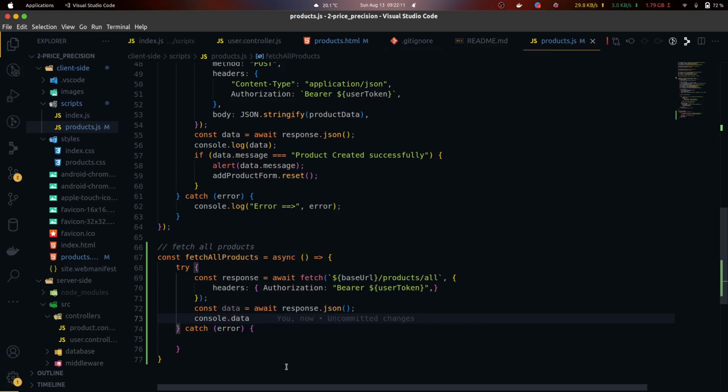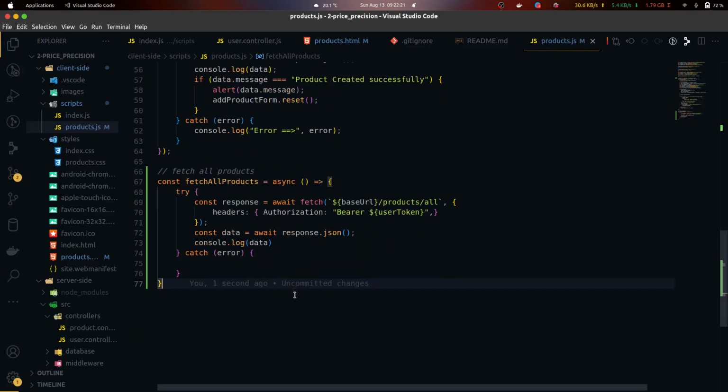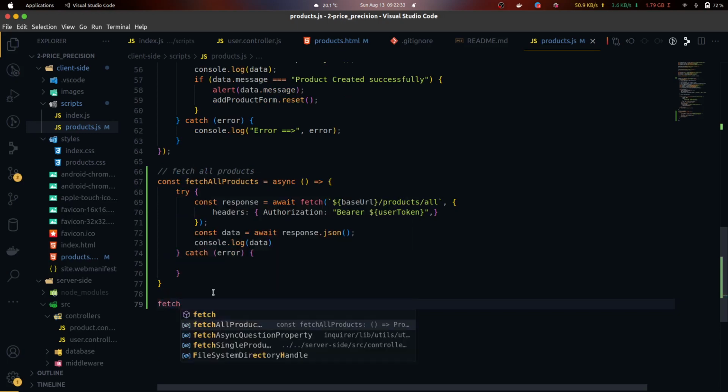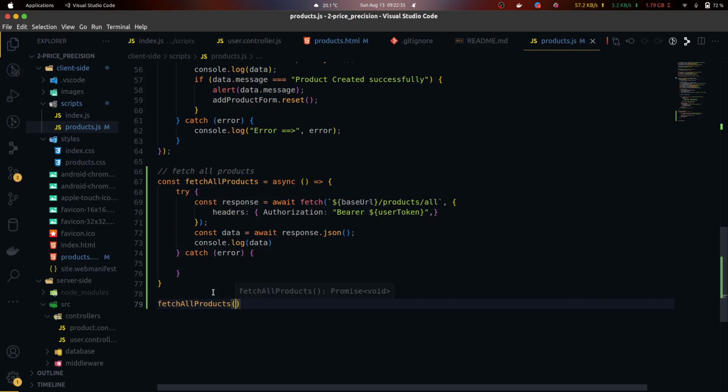Let's console.log data. So now I'm just going to call this fetch product function, and then invoke it. So anytime we refresh that page, let me just add a comment here: fetch products